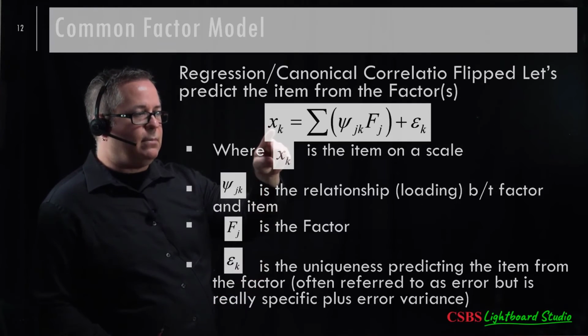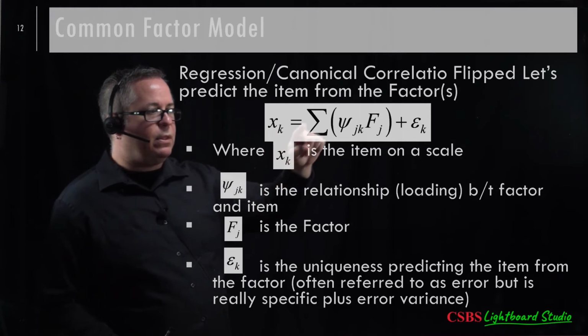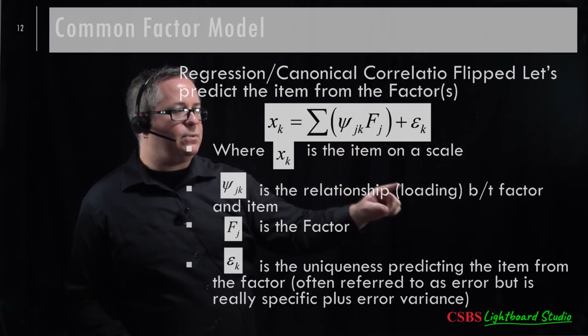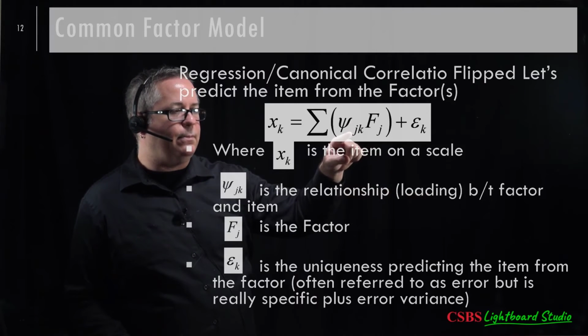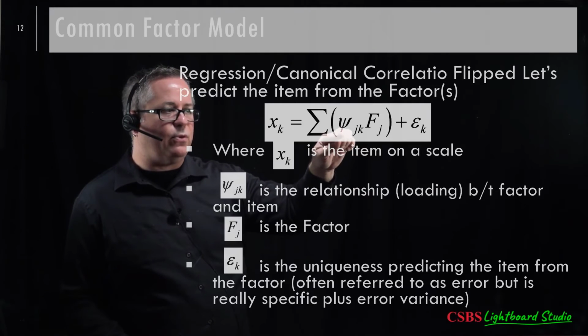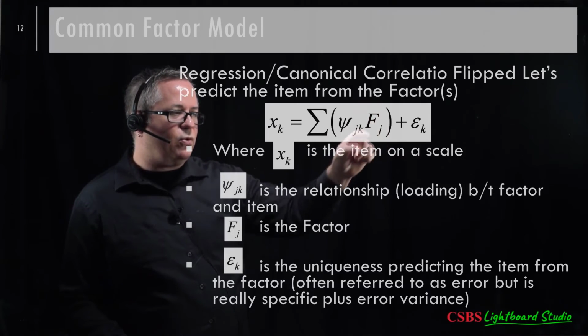So here's item number 1, and I want to predict that with some kind of factor, some kind of weight. Actually it says loading here, but really this would be like the factor weights, similar to the canonical correlation weight or the canonical correlation coefficient, right? We want to weight those by the factors across as many factors as we need. This could be weight 1 times factor 1, weight 2 times factor 2, however many factors we need to predict